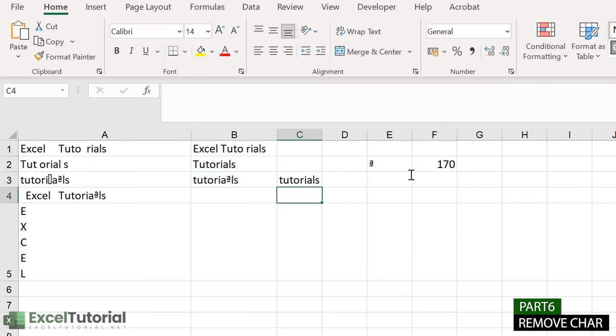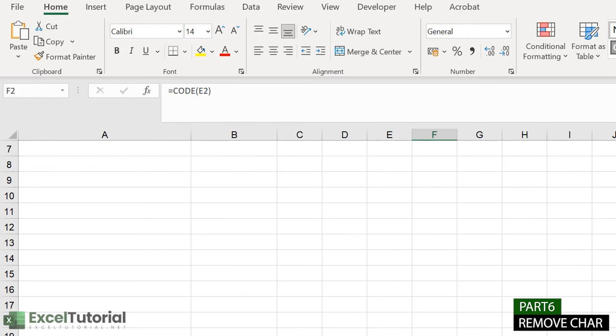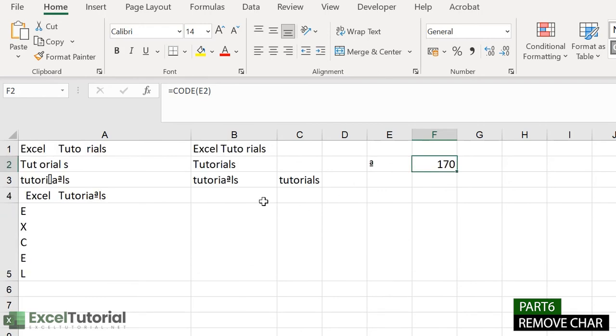So yes, it will work that way also. Using the CODE and CHAR functions polishes your formula skills, and shows where you can use these functions in your daily Excel life. So that's how you can clean it up with the SUBSTITUTE function.